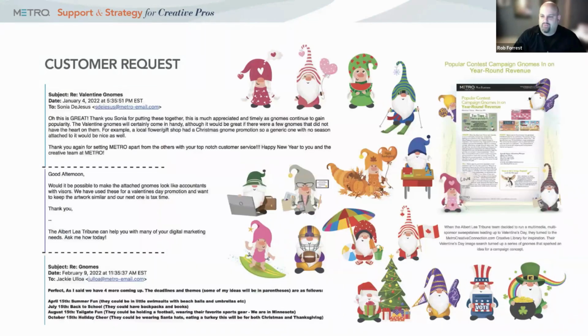Every once in a while, we get a request for something that really takes off. In case in point, we had a request for Valentine's Day gnomes. Once these were up on MCC, another customer, Amanda Nelson from the Albert Lea Tribune of Boone Newspaper Group, contacted us. She asked us for these gnomes as accountants for tax time. I made them for her, and she used them for a multimedia, multi-sponsored sweepstakes. She then contacted us again, asking for different gnomes that matched her upcoming themes for these sweepstakes, and they've been